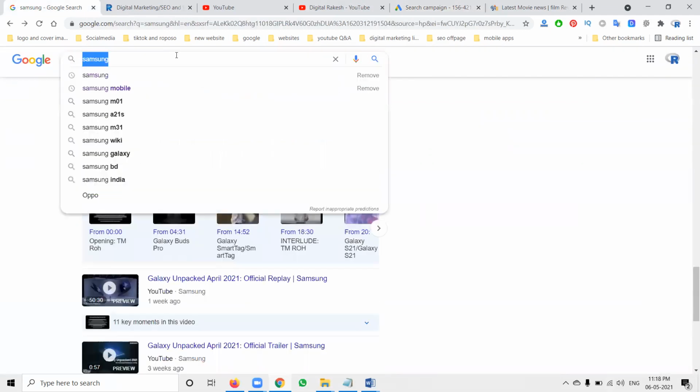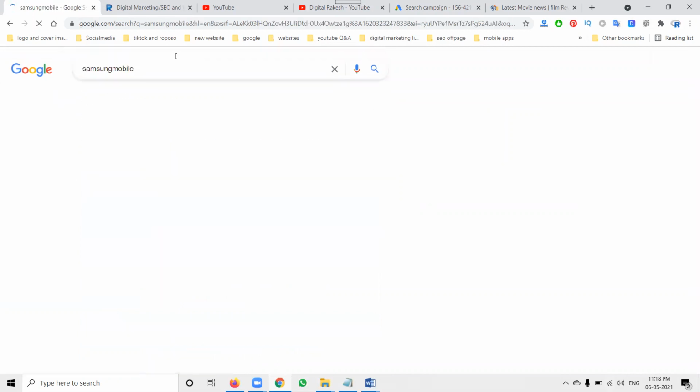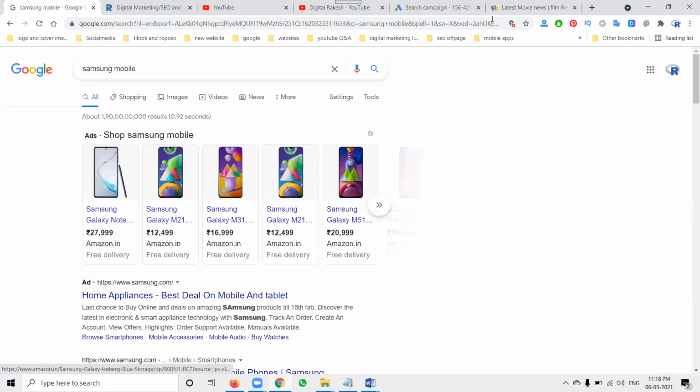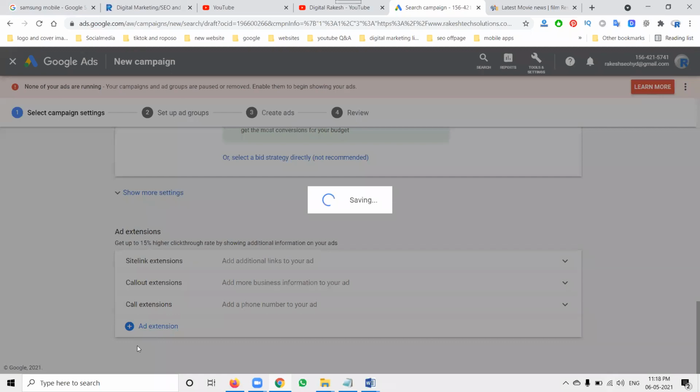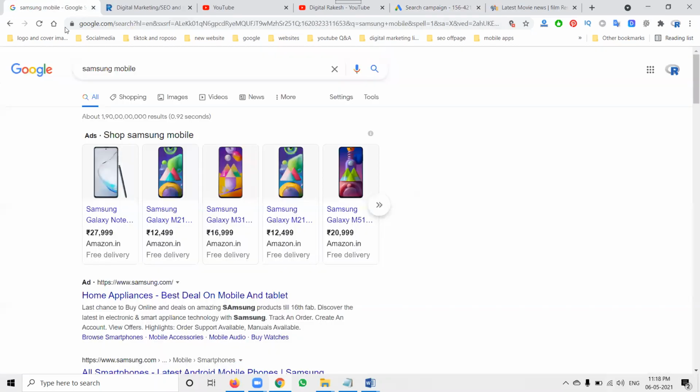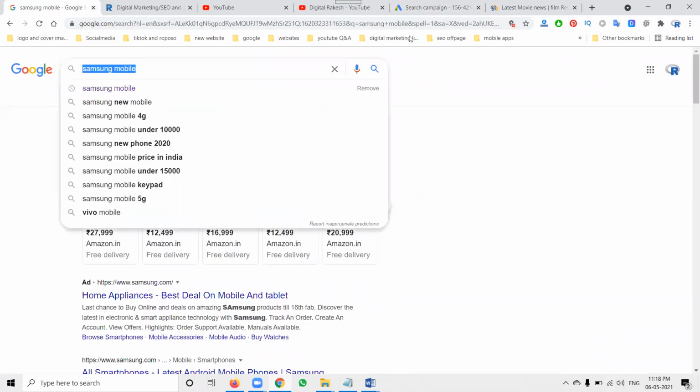So if you search for Samsung mobile, you can see these kinds of ads, which will also be shown along with the price. Click save and continue. After this, we have to promote, and there are options here.